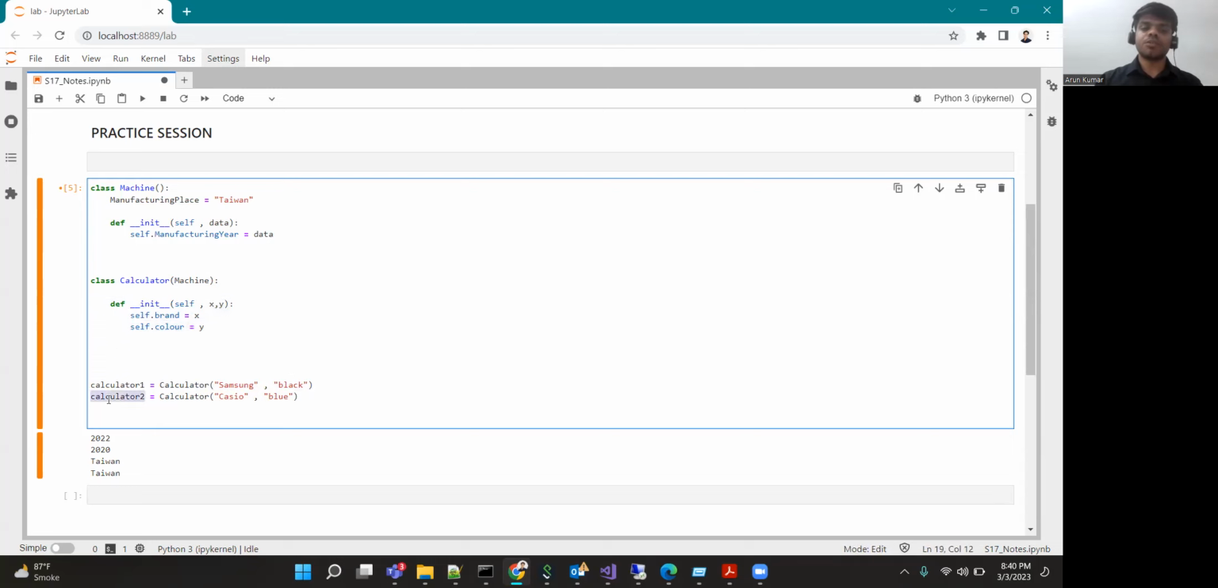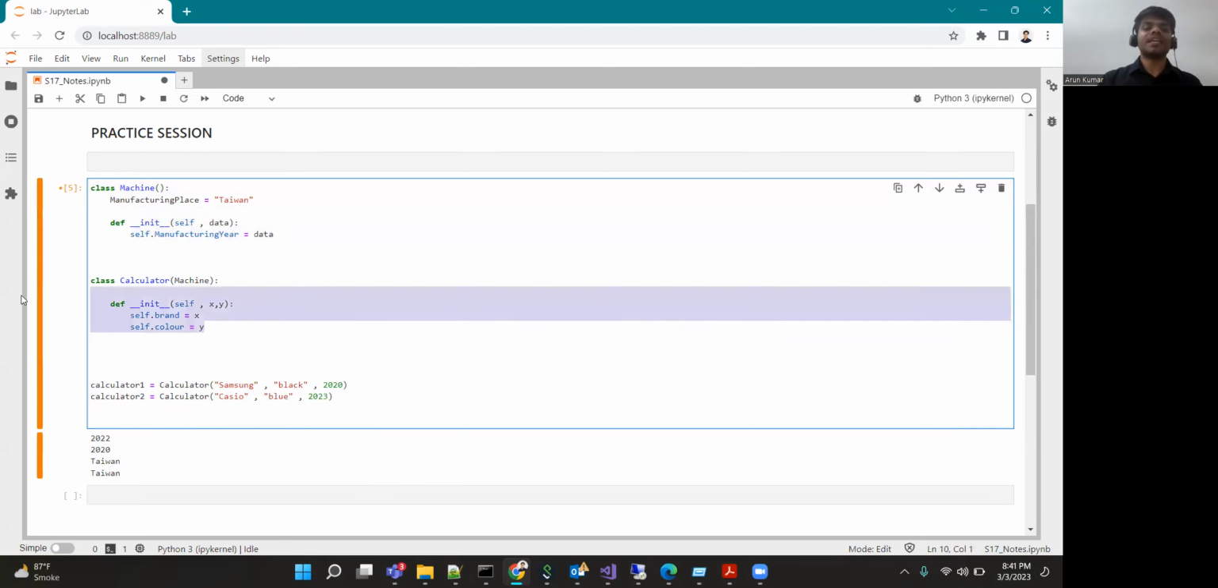And in a similar way, calculator 2 shall be initialized to this Casio and blue. But remember that this base class which is being inherited is also expecting certain initialization, the manufacturing year, which should be coming from outside. So we are going to provide another piece of data, the manufacturing year, 2022, and here I'm going to write 2023 maybe. Remember how this particular initialization is automatically going to get triggered